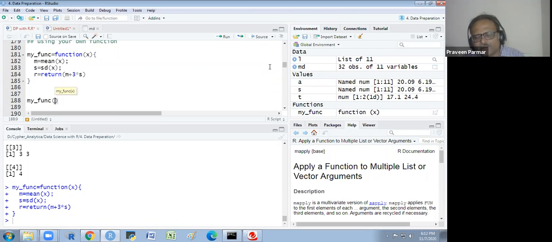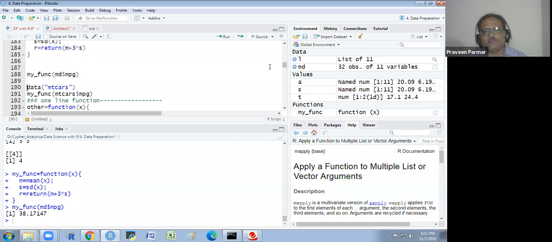This is my function, and I call it for my variable mileage. I want to see what should be the outer limit in the mileage. So this 38.17 is the outlier limit for mileage. Is it clear to all?